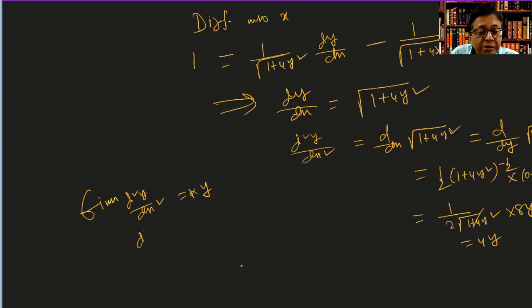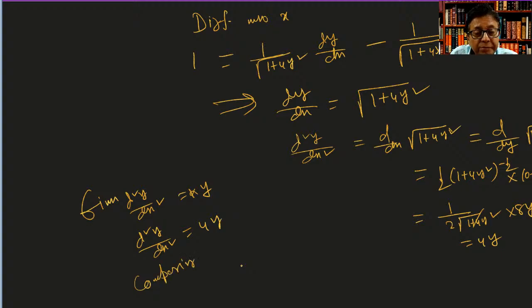Here you got 4y. So on comparing we get k equal to 4. Alright? Hope you have understood. There is no problem in it. Just let us see